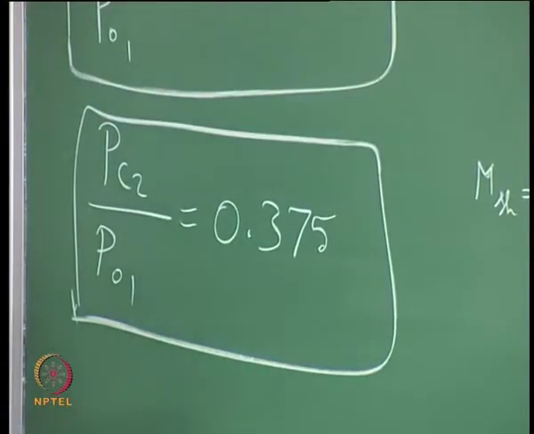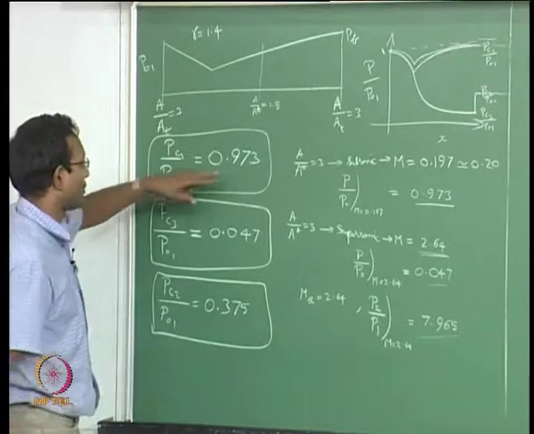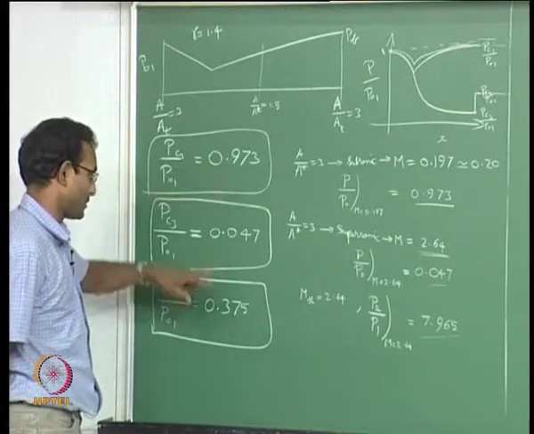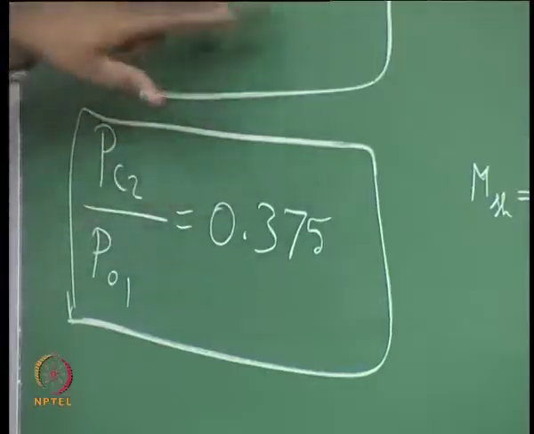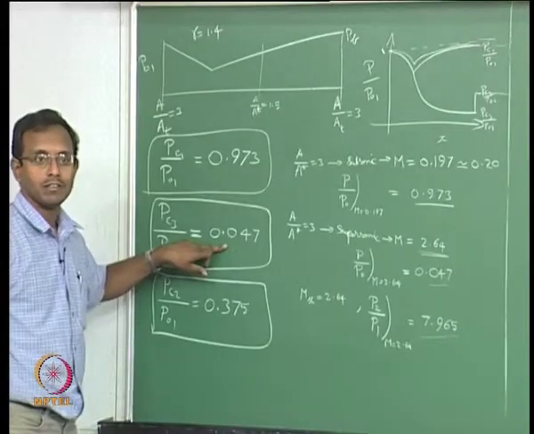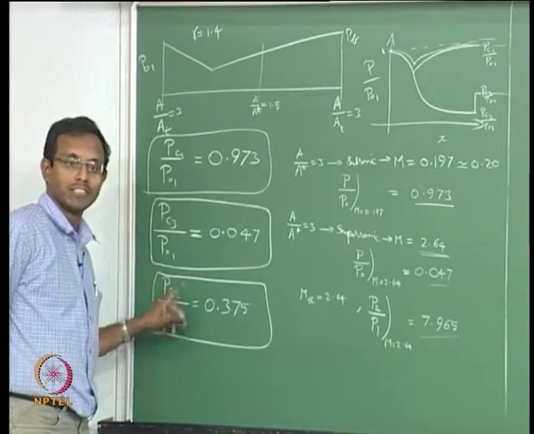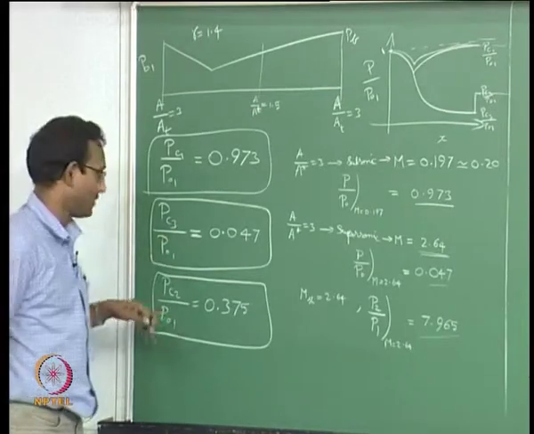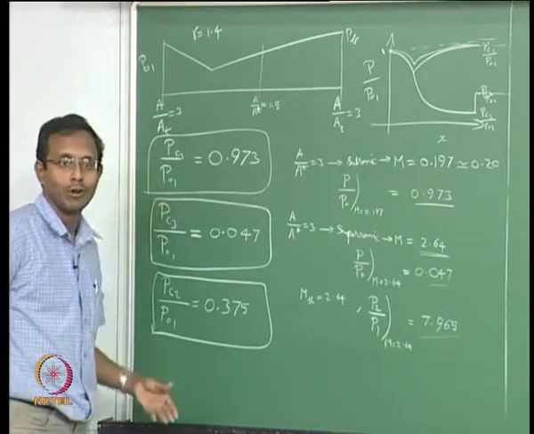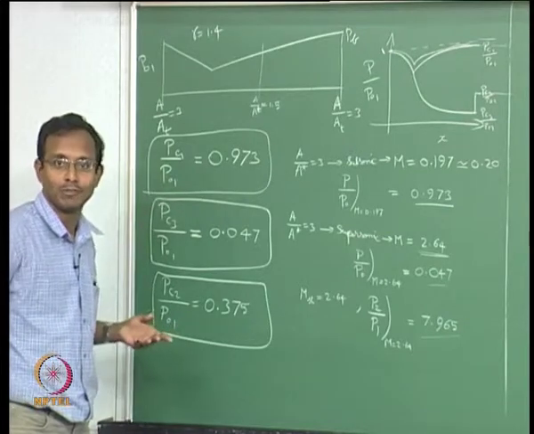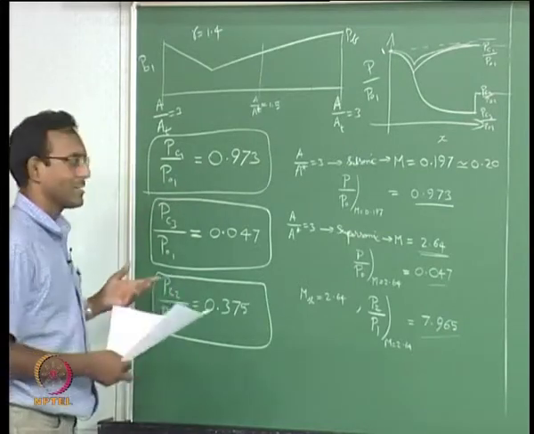Okay, these are my numbers. This is what I am having. Critical pressure 1 is 0.973, critical pressure 2 is 0.375, critical pressure 3 is 0.047. This is what you are having. It is easier to calculate 3 before 2 because 3 is needed for 2. Okay. So we will typically use this particular order in calculating nozzle flow problems. Okay. We haven't actually started our problem.